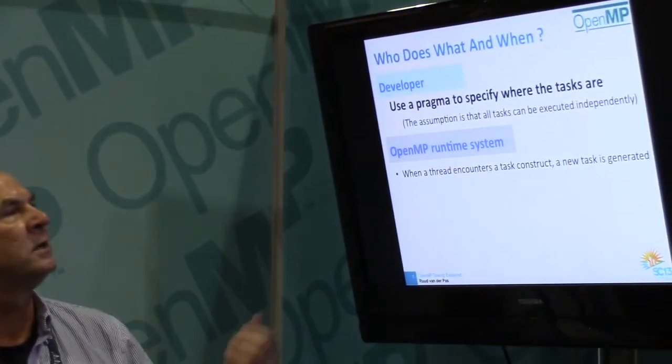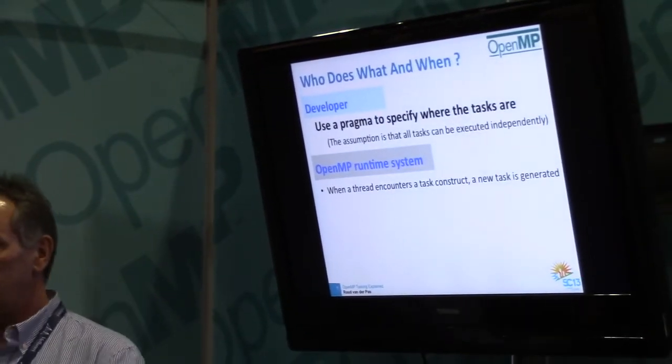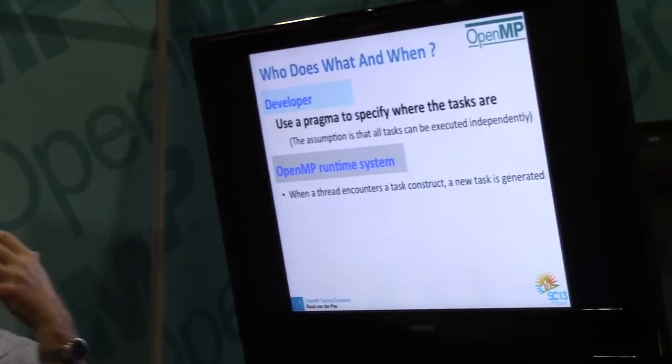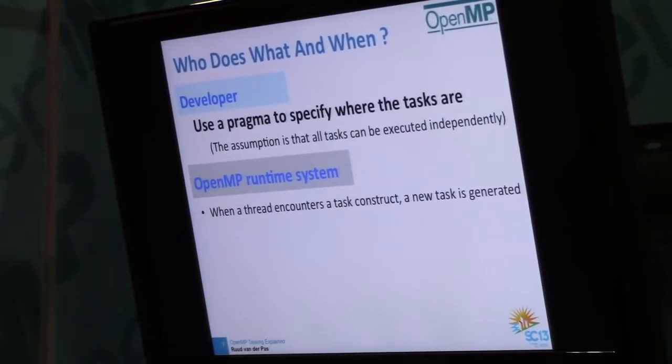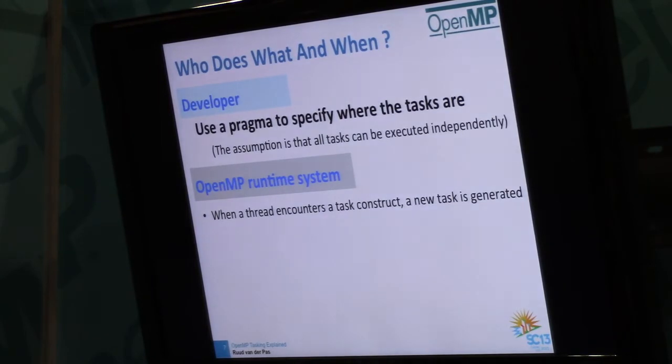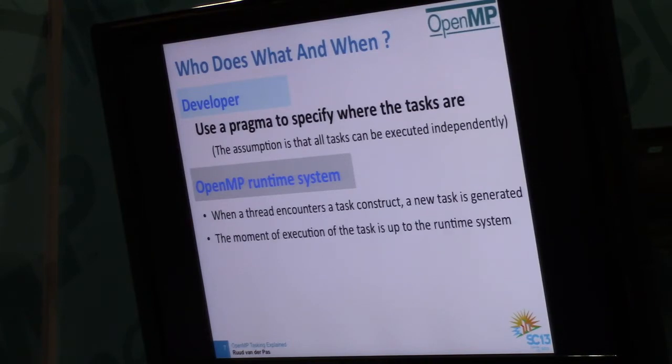And then, as I already said, here's what happens. Your program executes. The runtime will encounter a task construct. It will generate the task. Only generate. It is a little bit like a malloc. When you do a malloc, you tell the OS, I want some memory, and later I'll be using it. It's similar to that, because nothing may happen at that point, because the decision when to execute a task is really up to the runtime system. Again, that's outside of your control. It can be immediate, it can be delayed. Both can happen. Some tasks may start immediately, other ones will be delayed.